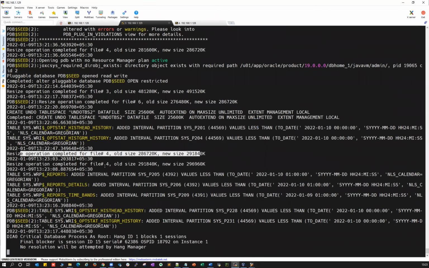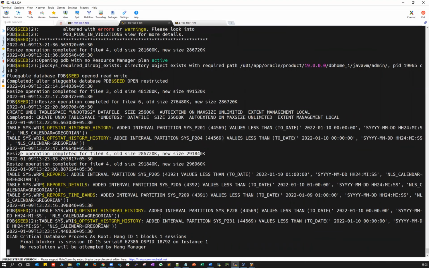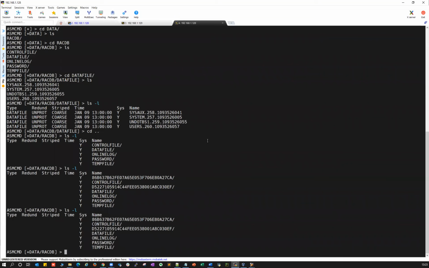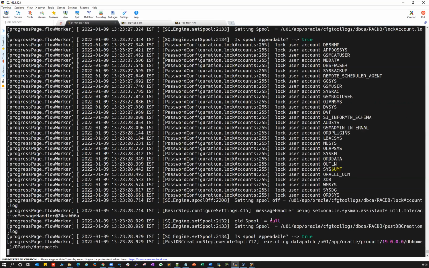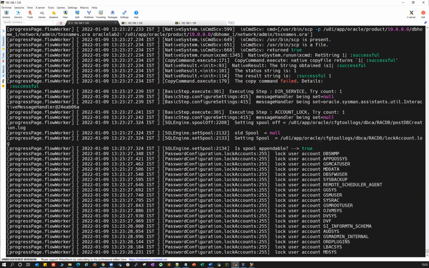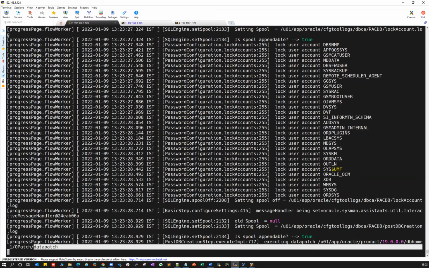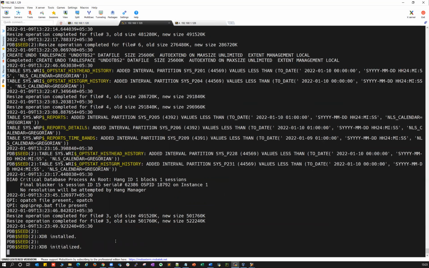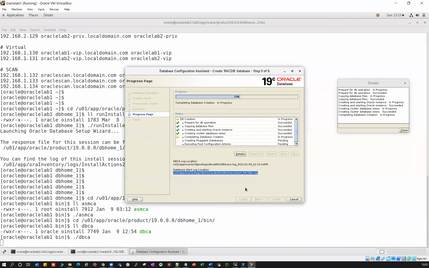Some of the base tables are all getting created here. Again, if I do ls -l, one is your PDB$SEED, one is your root container database, and there's one more PDB, PDB1, which it has to create as per our selection. So again, it's doing a data patch. It has done the XDB installation and all those things here. Right now, 53% completed.